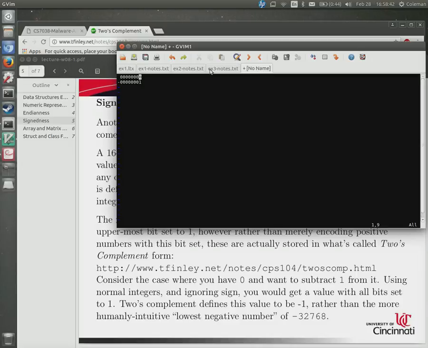but they did find this useful property, which was that if I have all empty bits and I want to subtract 1 from them, then the natural thing that my processor is going to do, if I ignore all possible exceptions, is that it's going to actually replace all of them with 1s. So it's going to do what's called a rollover. If I'm counting down from, say, 3, that would be 1, 1. Then if I count down 1 more, it would be 1, 0. Then 0, 1. Then 0, 0. Then if I count down from that, 1, 1 would be my next result. So it's called an integer rollover,